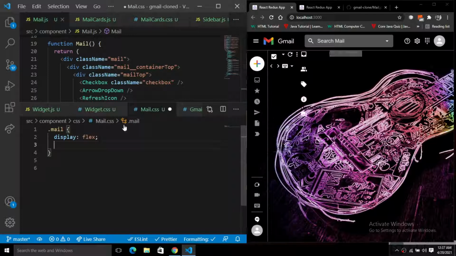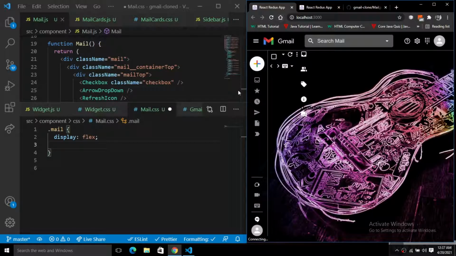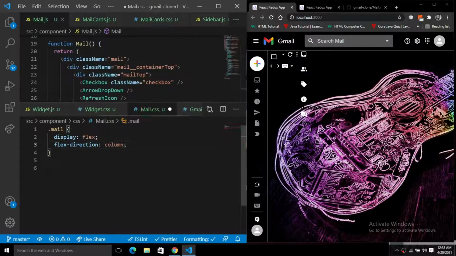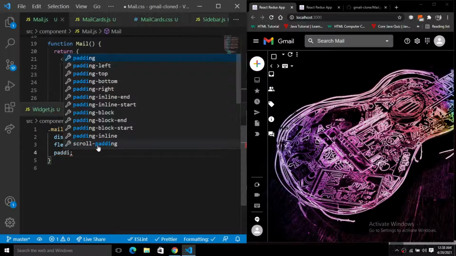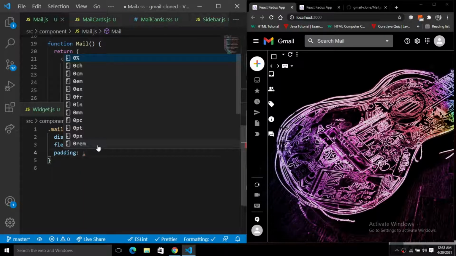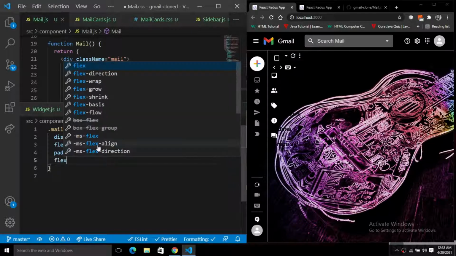Let's refresh this page. Okay, so everything is right. So display of flex, just give the flex direction column. Next, just give the padding, the padding of left of 10 and top of 10 and right of 10 pixel. For this, just give the flex.